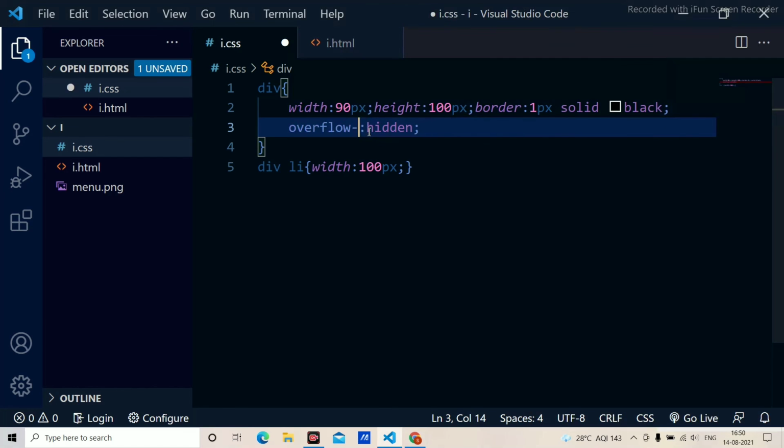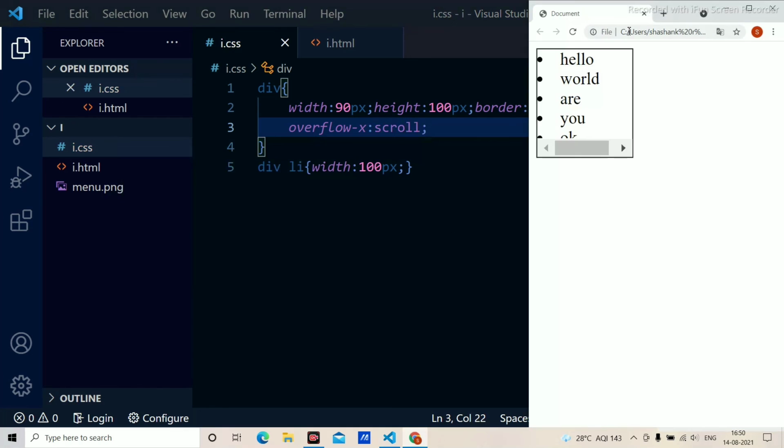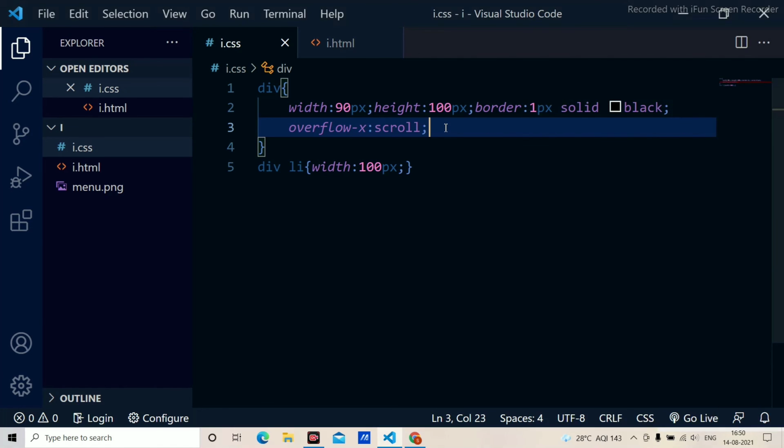And if I use overflow x equal to scroll, the same effects can be seen, but y is also shown. Well, x is also scrolled but y is not hidden. This is how we use the overflow property.